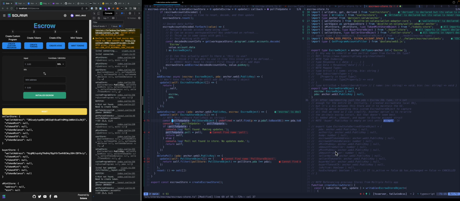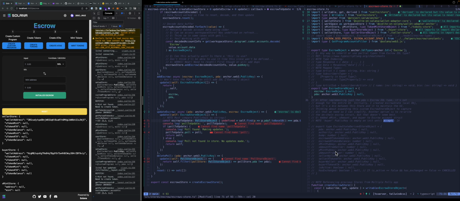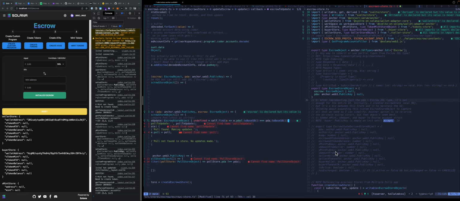So we have the array, and we're going to find the escrow to update, and find, and it's not a poll, it's going to be an escrow. And yeah,